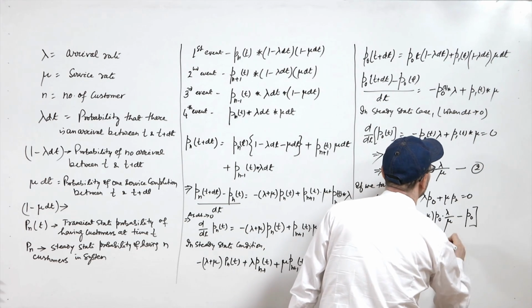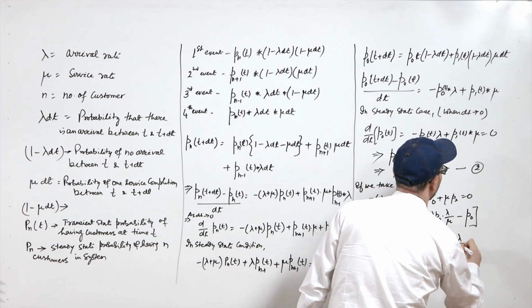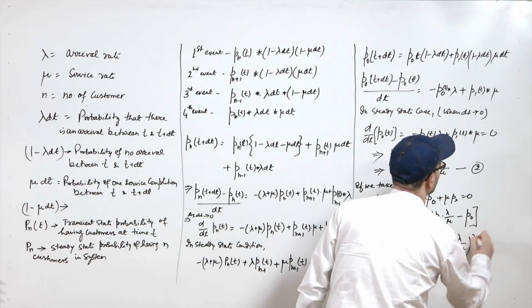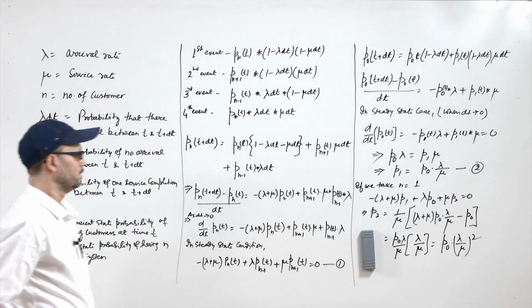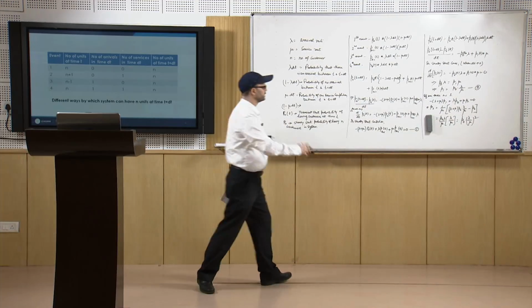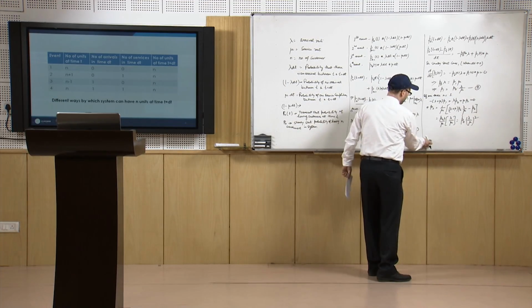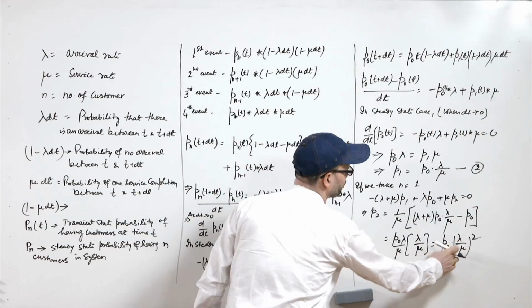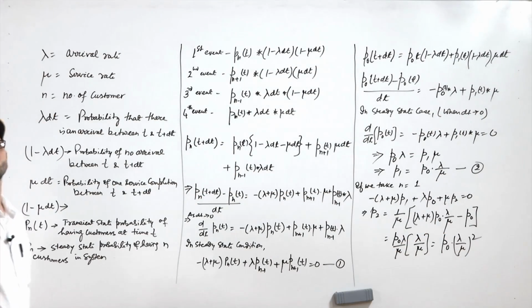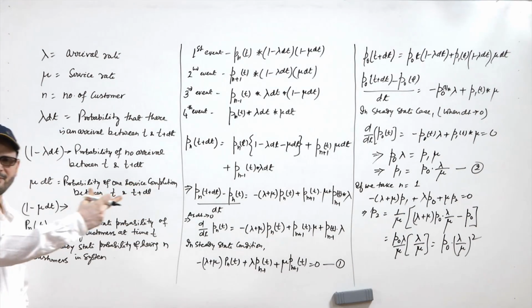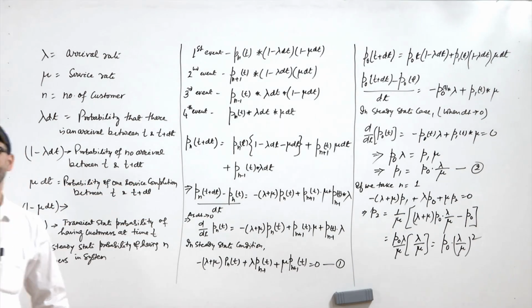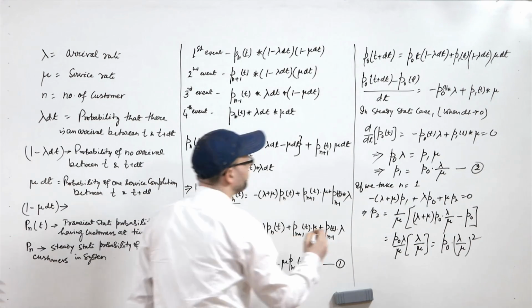So, it will be p 0 times lambda by mu. What we see is p 2 is coming as p 0 dot lambda by mu square. So, if we again take n equal to 2, in that case we can get p 3 as p 0 into lambda by mu raised to the power 3. So, this way we can get P n,